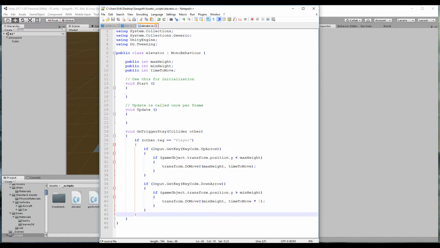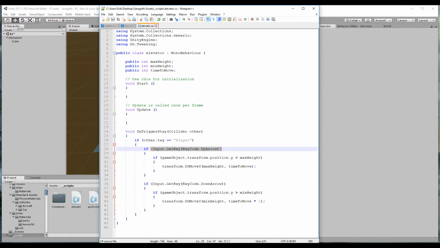Triggers are used to detect when different things trigger into each other, and the player will be tagged as player. I think it's automatically tagged as player though, so we won't really need to do that. We'll just be using the Unity FPS controller, and so it's pretty much saying if what it's colliding with is the player, then